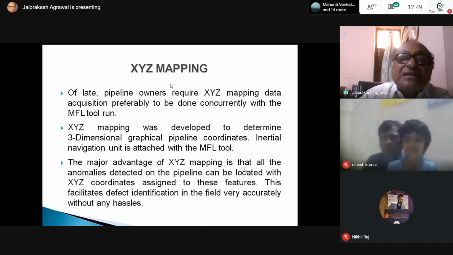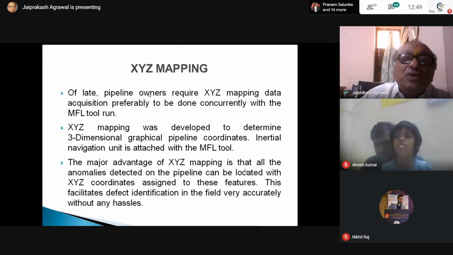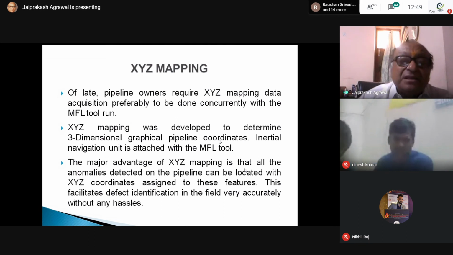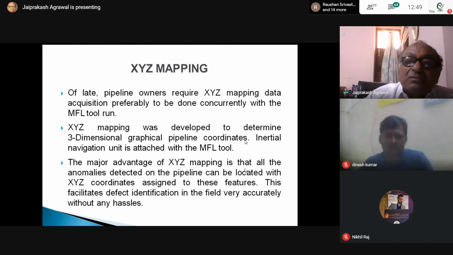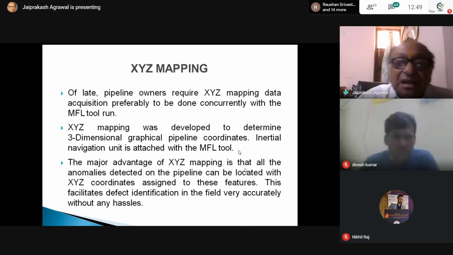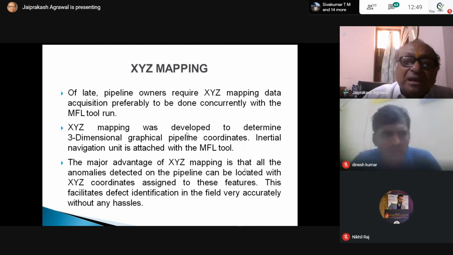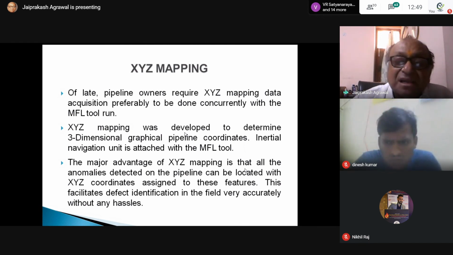This is XYZ mapping. We are telling you this is the latest trend now, that XYZ mapping is fitted in the MFL tool, and this is the three-dimensional graphical pipeline coordinate. It measures the three-dimensional graphical pipeline coordinates. You will have seen that now they specify that it should have the XYZ mapping. It gives the three coordinates, that is, XYZ means circumferential, axial, and transverse.